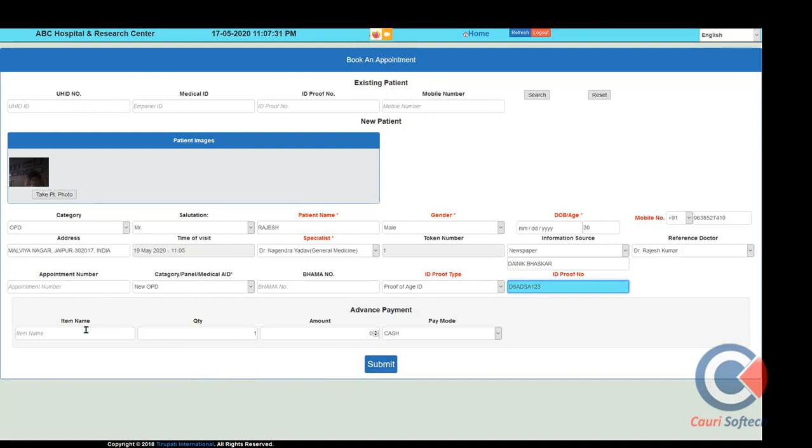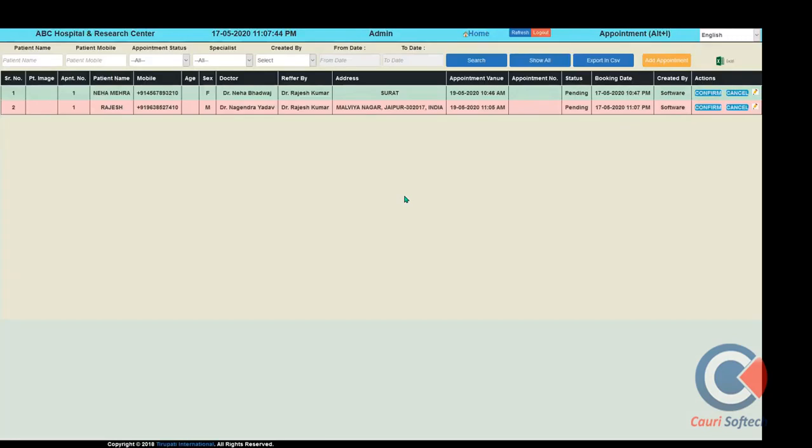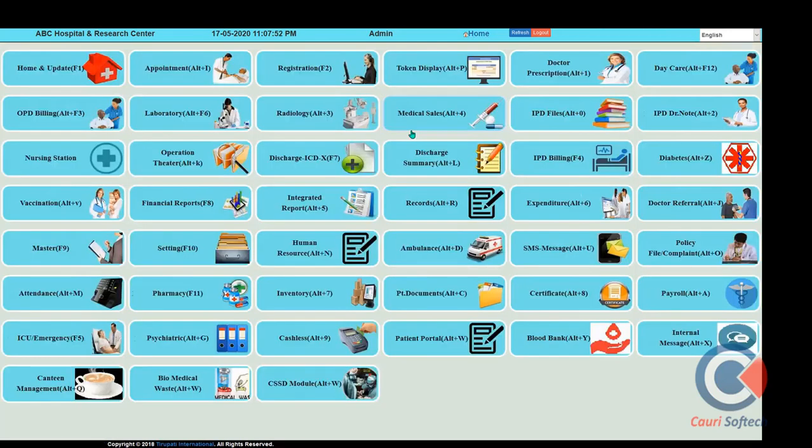After this, if you make payment online, that payment will be received directly in the hospital account. That will also be considered as the appointment created successfully. At the same time, the patient will get an SMS reminder confirming the appointment, and a reminder will also be sent on the specified date when the patient has to come. This way, the appointment screen maintains the hospital's appointment data of various doctors.